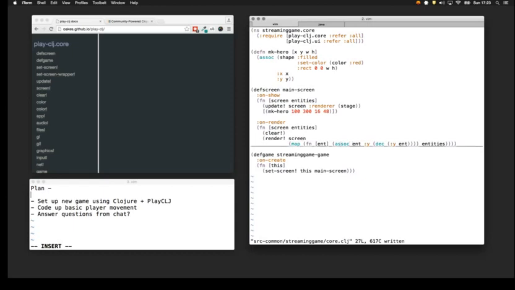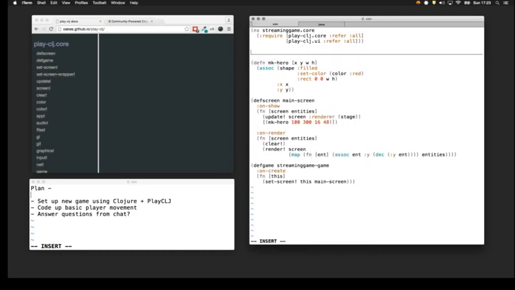Cool. We can fall down, but what we actually want is slightly more, well, not realistic gravity, because realistic physics don't make good game physics, but we want some nicer gravity. Generally we want the player to accelerate as they fall, so they start off falling slowly, but very quickly they're falling at maximum speed. So to begin with, let's just set up some variables. Max fall speed is 2,